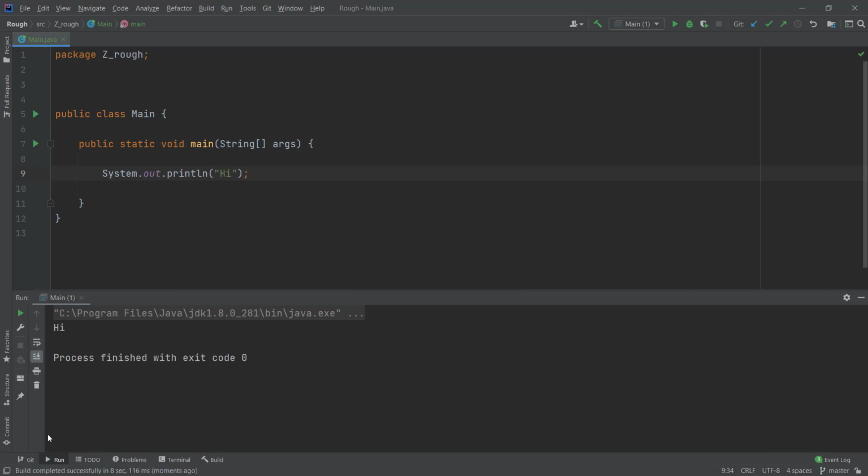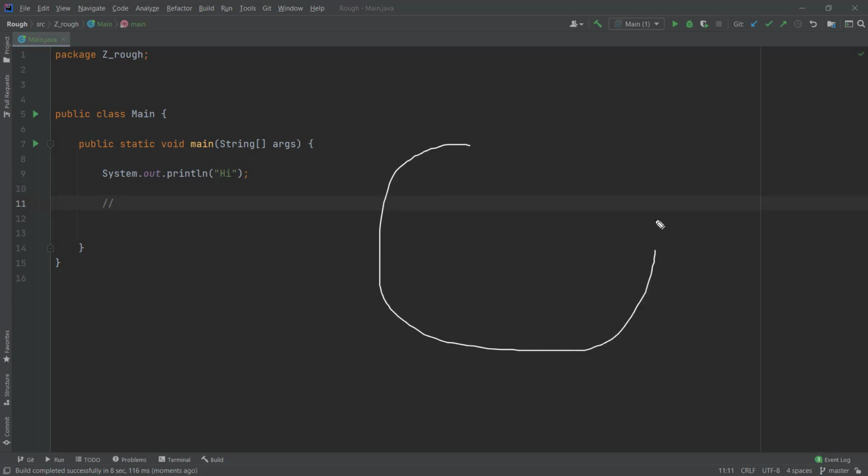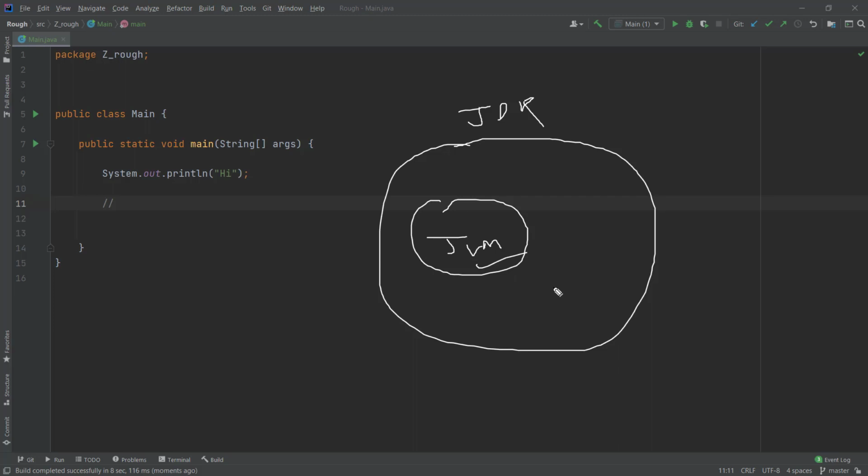JVM means Java Virtual Machine, very important. That's the body responsible for running the code. Now, the JVM comes under JDK. JDK is something that we download, and JDK is a big thing which contains all the important stuff. So the biggest unit is JDK, something that we downloaded, under which we have JVM responsible for running the code,